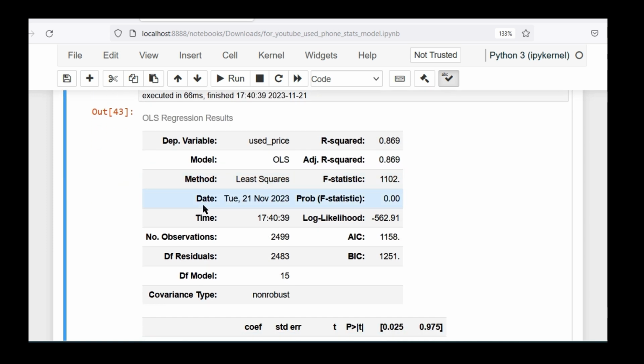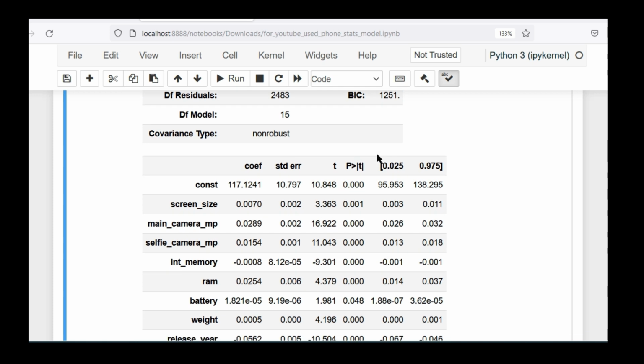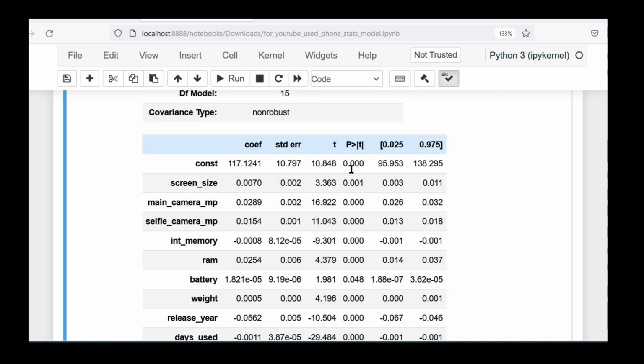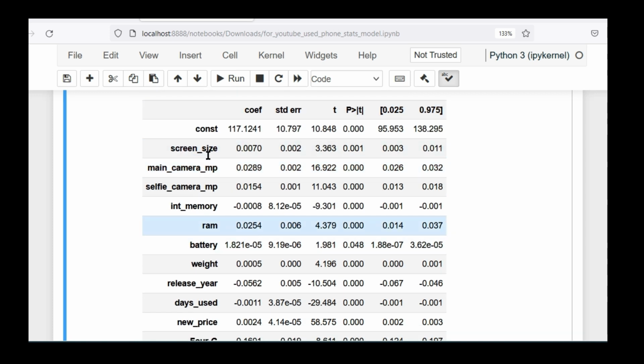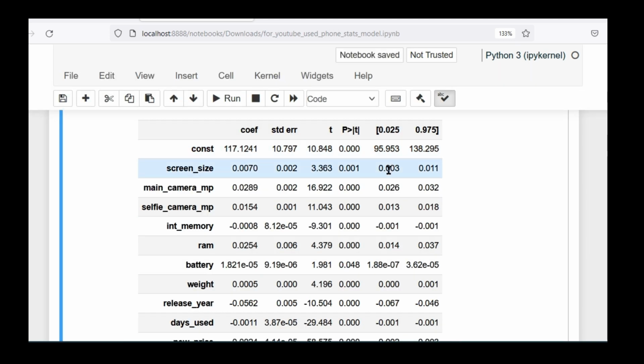It will give the summary of everything, including r square. First we will check whether the r square is more than 62%. Here we can see that the r square is more than 86 percent. So one condition is met. After that, we will check the p-value of each variable. So here we can see all the column information. We will check the p-value. It should be below